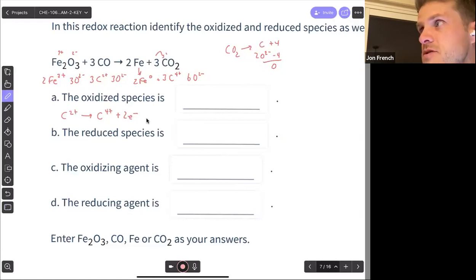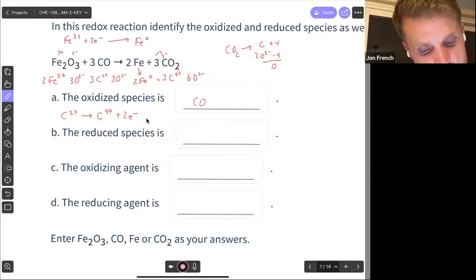So the oxidized species loses electrons, so that's going to be the carbon monoxide. So it gets oxidized. So that makes our reduced species, right? Reduced species gains electrons. So iron goes from 3 plus. It's going to gain 3 electrons to go to iron 0. So that's our